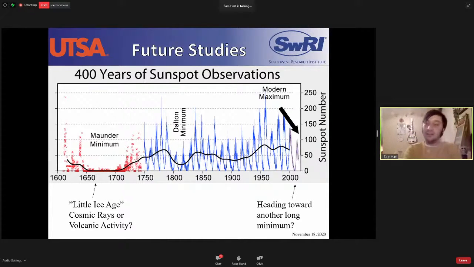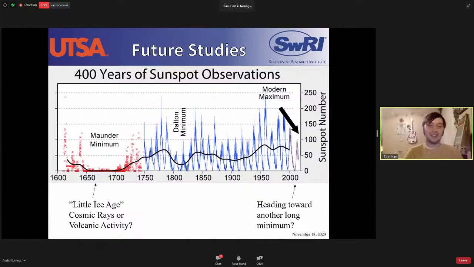So these are two possibilities that could have caused the little ice age during the Maunder minimum. But there are a lot of papers, some siding with cosmic rays and some siding with volcanic activity, and they are very passionate about which is which. The cosmic ray people,